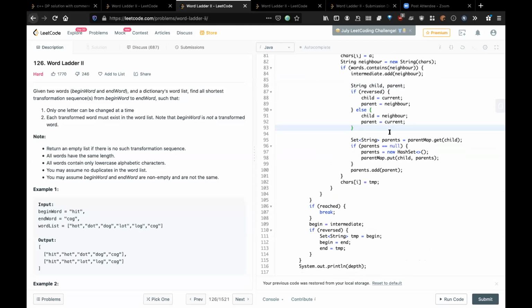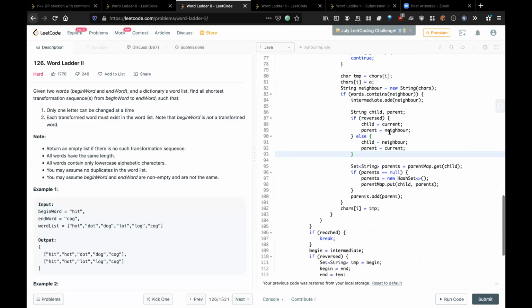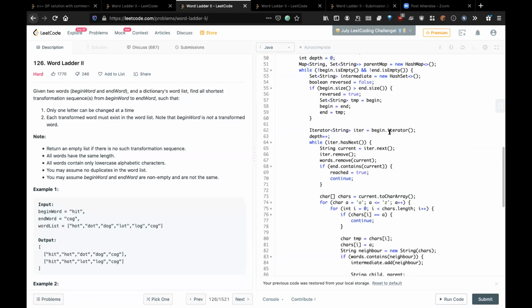Don't you always check the size of those two queues at the beginning? Yeah, I do. Okay, still you have to maintain that relationship. If you are coming from the backwards, the parent and child relationship will differ, right?